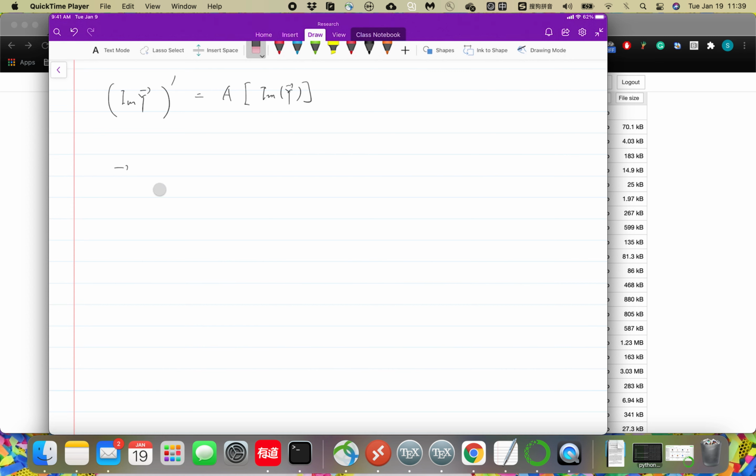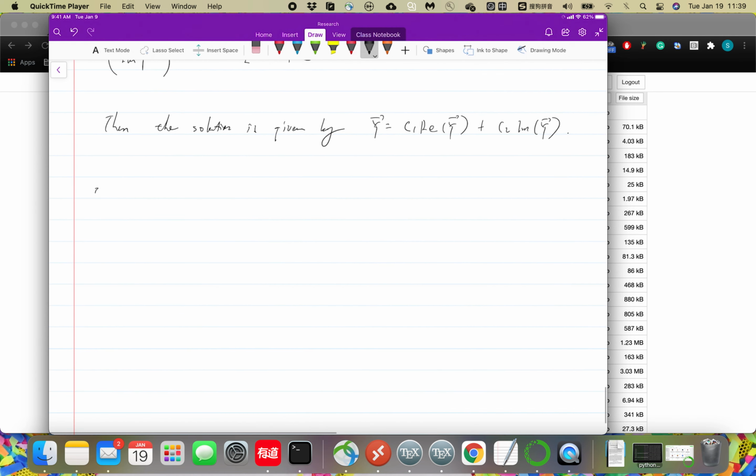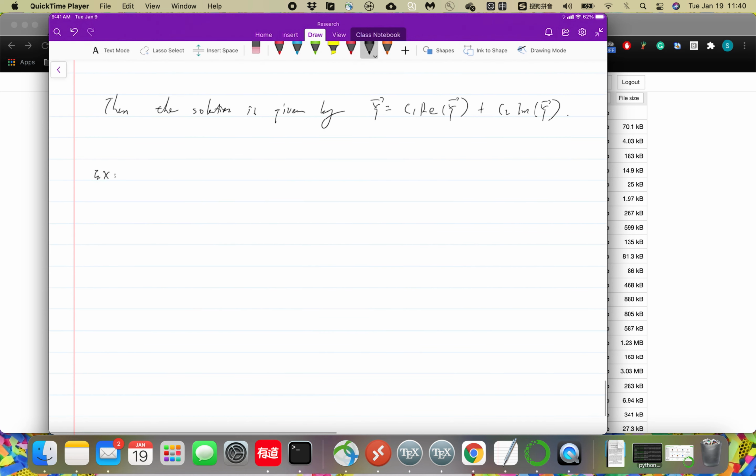Okay. Then the solution is given by y equals c1 times the real part of y, that's one solution, plus c2 times the imaginary part of y. Okay. Then what do we get? Let's think about it. What we get is, let's recap. Okay. We get